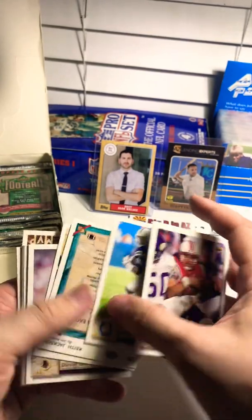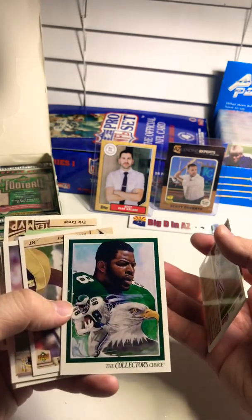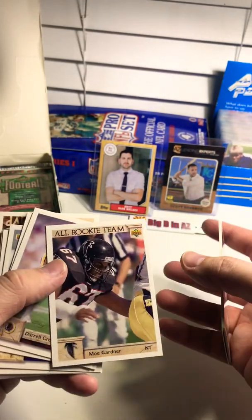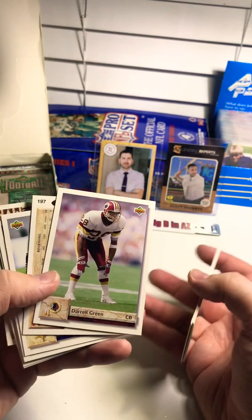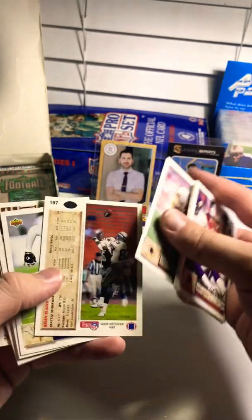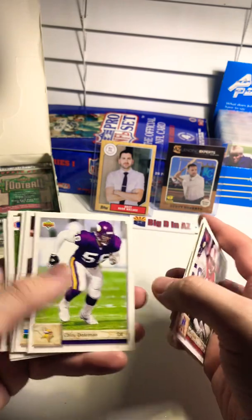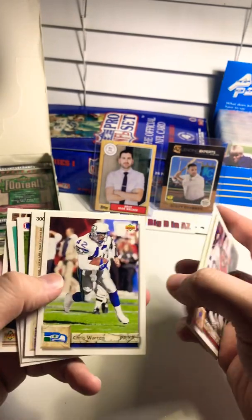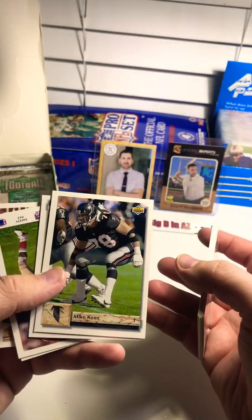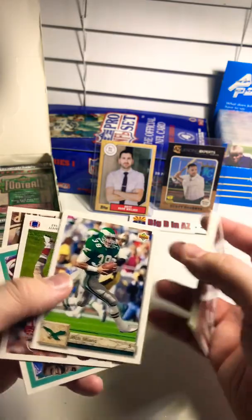Bill Brooks. Here's the Eagles team checklist with Keith Jackson, Bo Gardner. Arguably the fastest player in the NFL, Darrell Green at the time. Brian Blades, or at least when he came into the league. Chris Dolman, Chris Warren, also was a Cowboy. Mike Ken, Rich Miano,